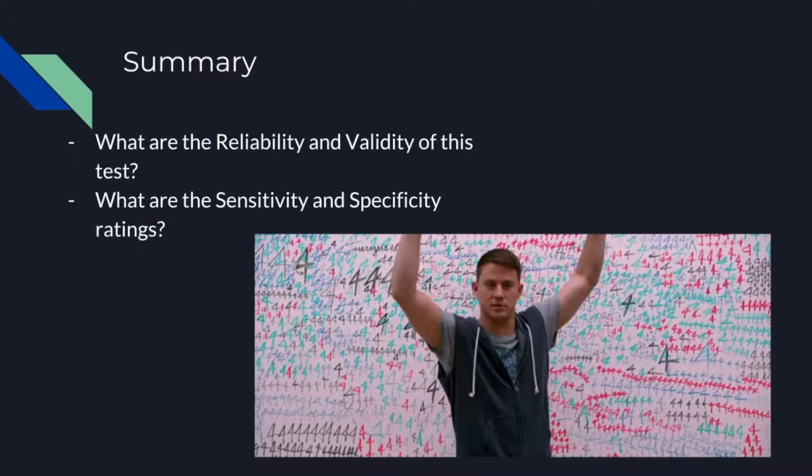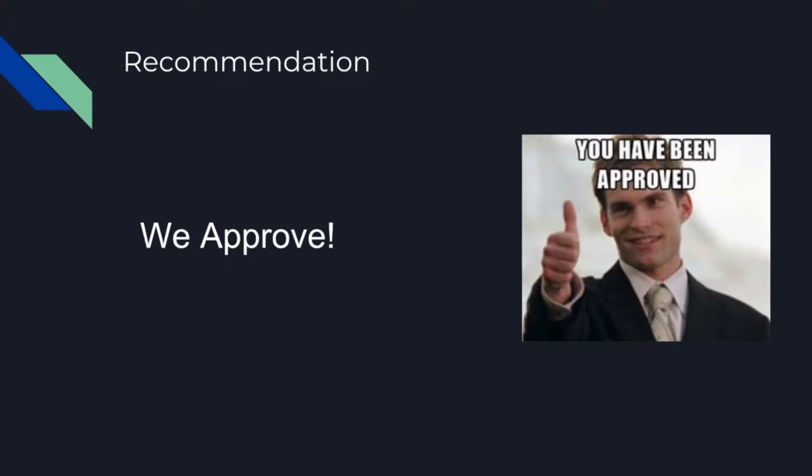The internal consistency, or the consistency of the items on the assessment measuring the same construct, was 0.798 to 0.882, which are also statistically significant. Concurrent validity was measured by being compared to a subtest of the Comprehensive Assessment of Spoken Language, also known as the CASL, and the correlation between these two tests was 0.86, which is also suggestive of a strong correlation. So our recommendation is that we approve of the SPELT-P2 and we would recommend it to be used,